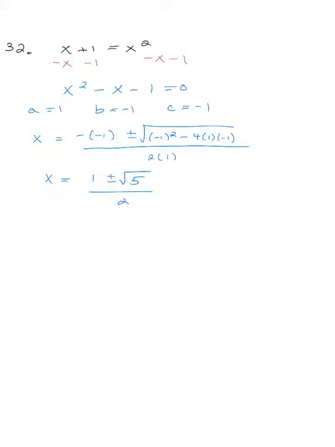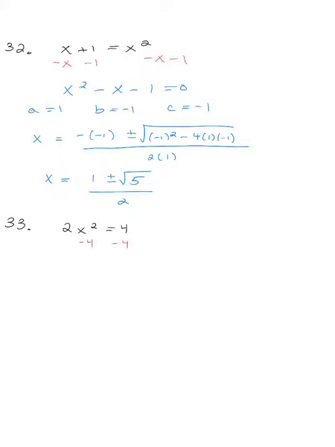I would actually leave my answers like this. You could break it apart into 1 plus the square root of 5 over 2 and 1 minus the square root of 5 over 2. But since the square root of 5 is not an integer, it's a decimal, these are your exact answers. This one would be pretty easy to solve without using the formula, but the point is to actually plug